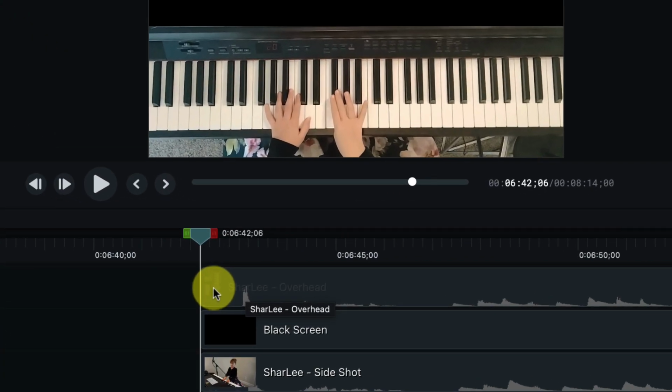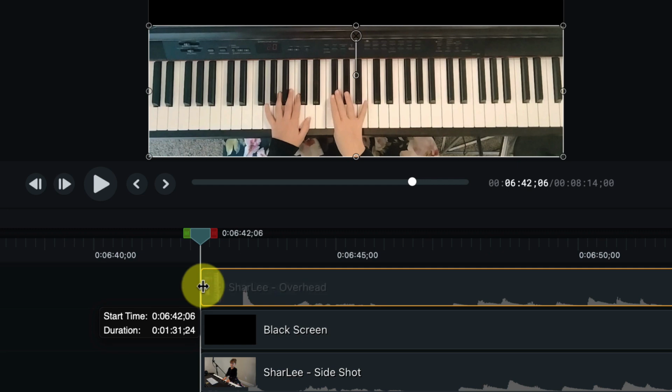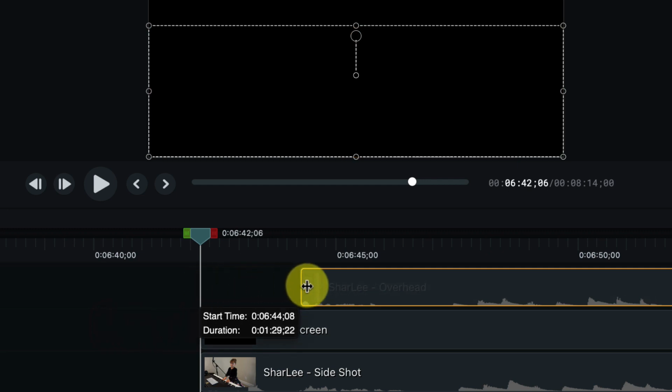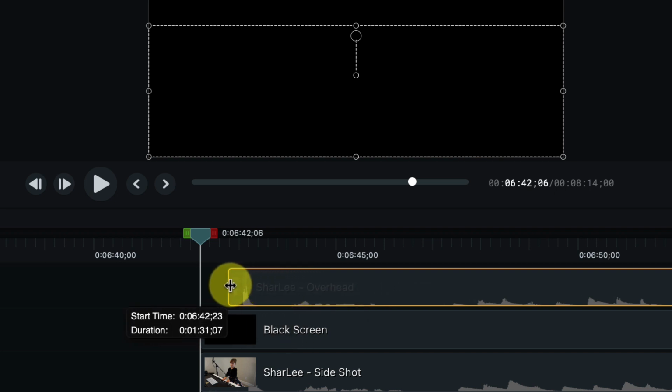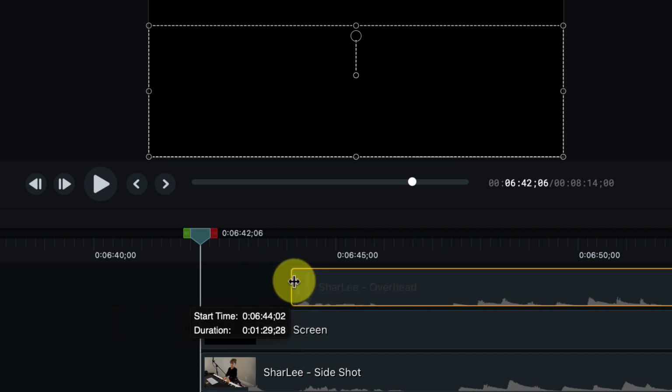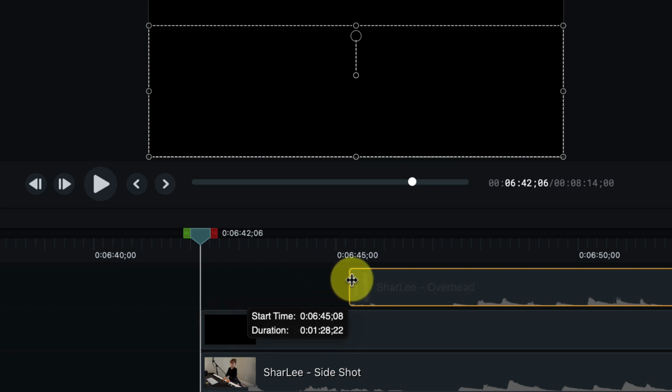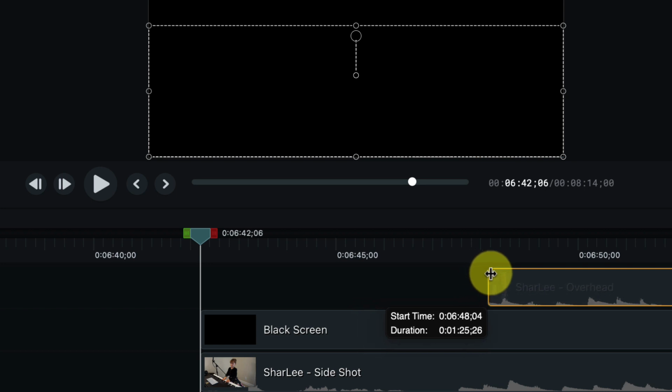You can take your cursor and move it up here until it has this cross with two arrows on the side. That means that you can take the edge of this track and effectively lengthen it or shorten it by moving it back left and right. It's essentially like trimming, only it's more of a rolling trim where you can move it along and trim while you're moving it. So in this case, we could roll this one back a little bit,